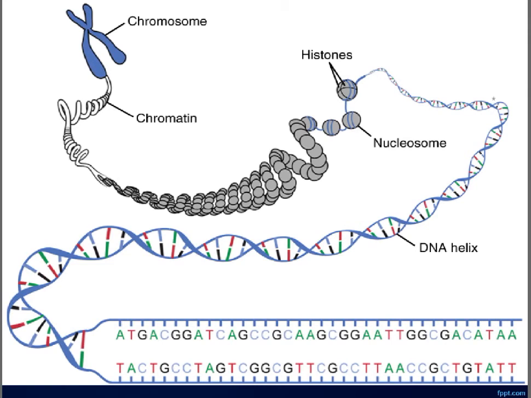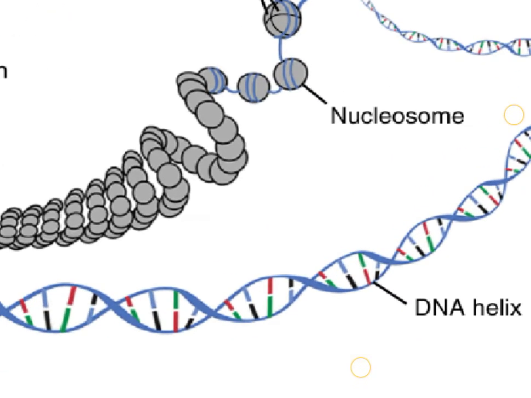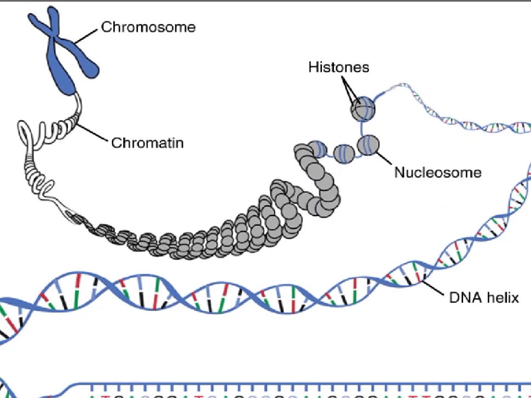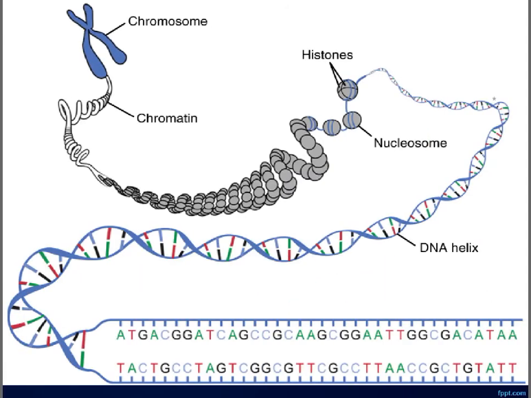So this chromatin is efficiently packed into the nucleus. In this structure, you can see that DNA is wrapped around histones to form nucleosomes. Here you can see histones and nucleosomes, and DNA is wrapped around histones to form a nucleosome. A nucleosome is comprised of 147 base pairs of DNA and 8 core histone proteins, and it is known as an octamer.